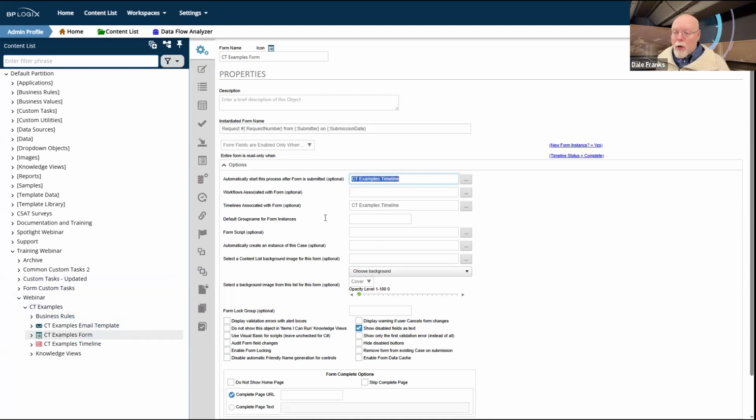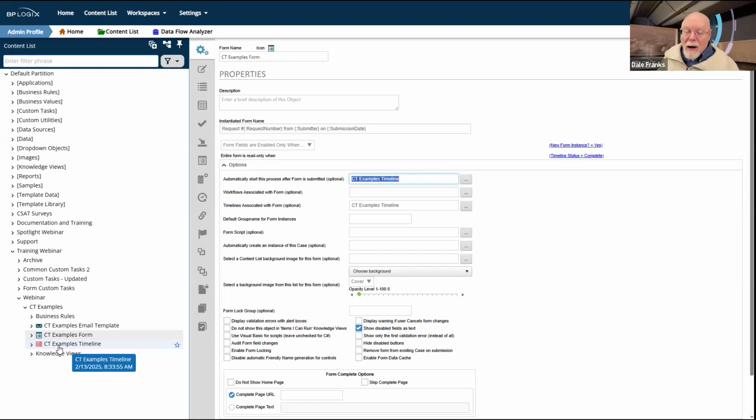So on the import, in order to link this form to this timeline, I've got to look at the CT examples folder and look inside it to see if there is an object called CT examples timeline. If there is, it's a match. Great. Now I query this CT examples timeline to find out what its GUID is on this new system, because when it gets created on import, it gets assigned its own unique GUID. And GUIDs are not just unique on a specific system, they're unique theoretically worldwide, which is why you can't have the same GUID on two different systems.